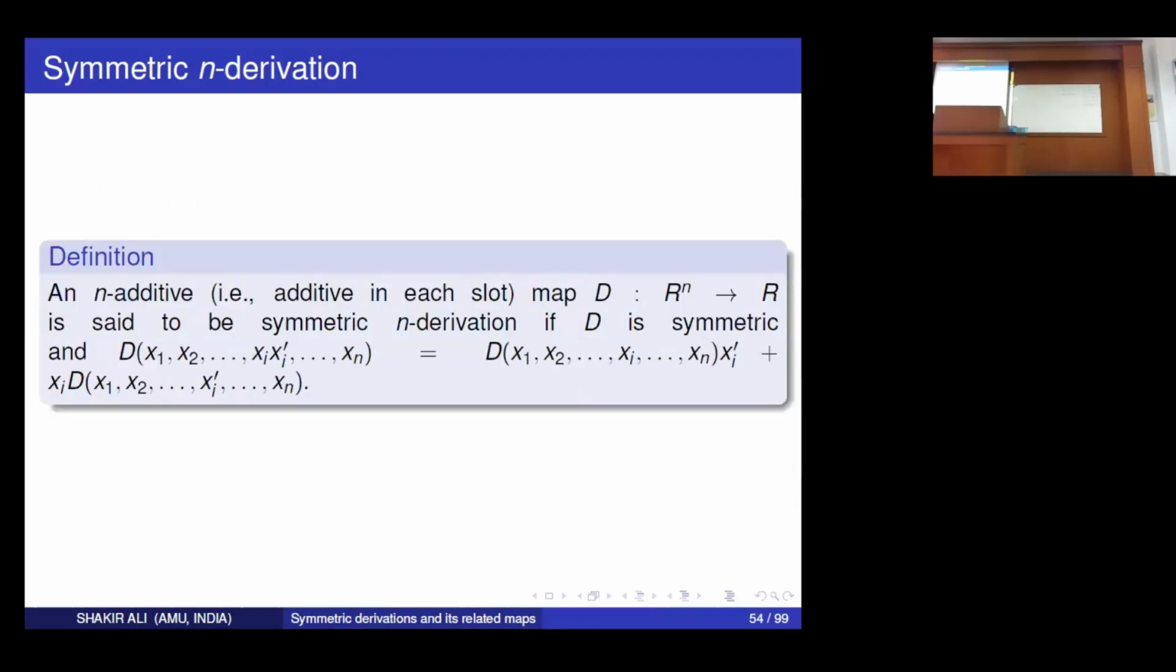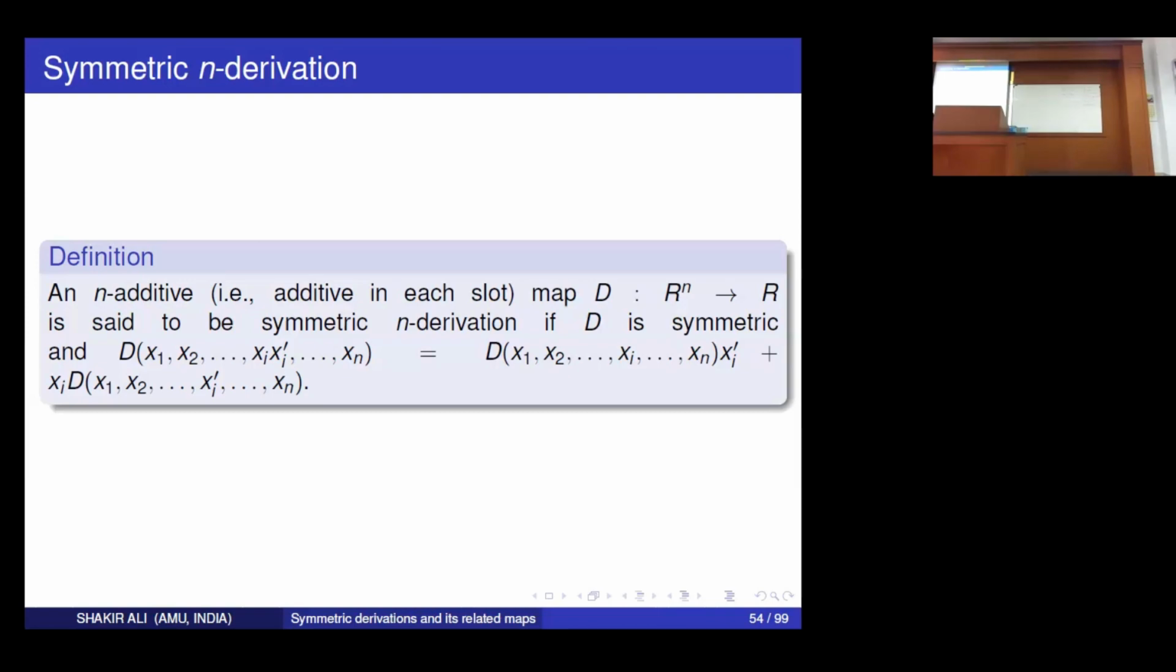Now additive means additive in each argument: first argument, second argument, third argument, then the n-th argument. So we call that additive in each slot, meaning each argument. The map D from R^n to R is said to be a symmetric n-derivation if D is symmetric and satisfies